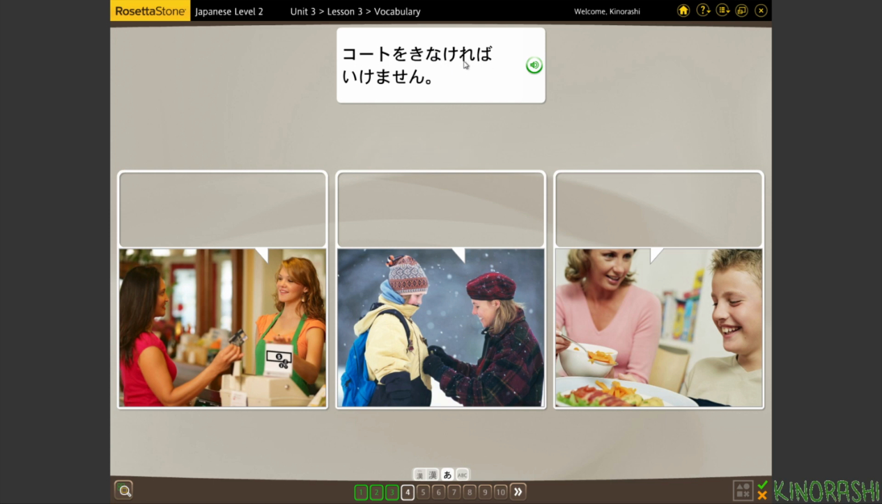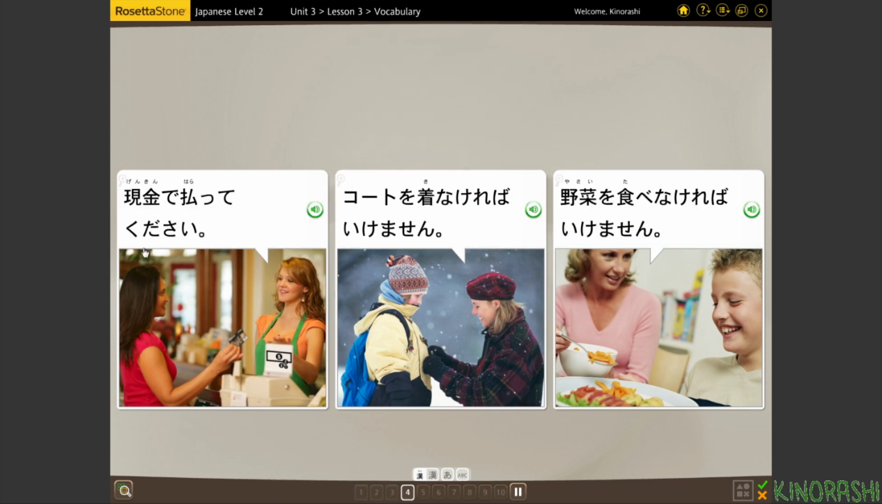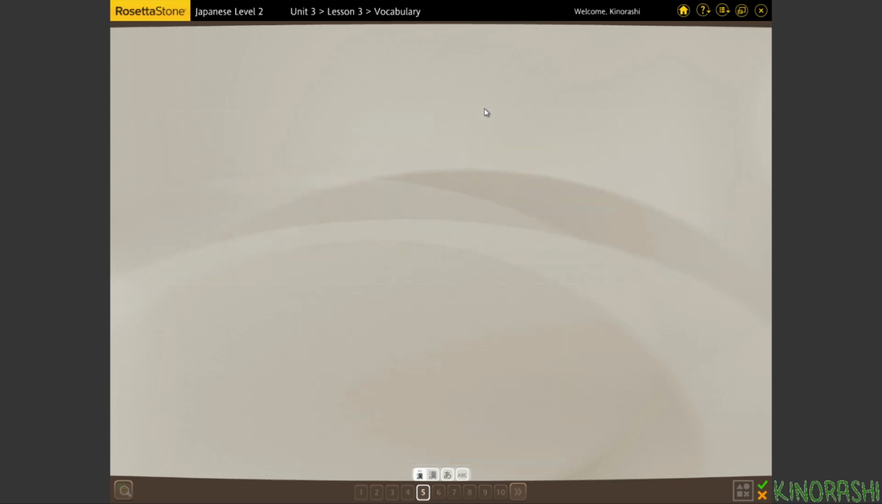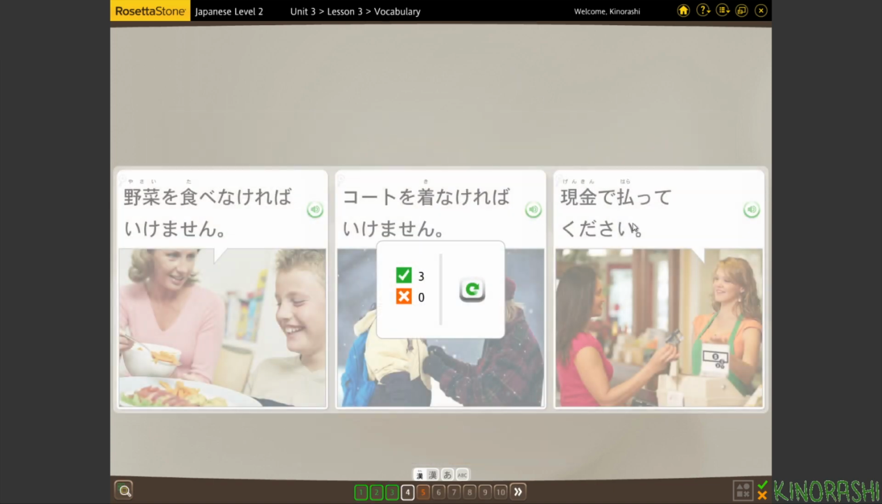なければ。ことを着なければいけません。着なければ。 今ここにいます。 Let's see, and this is